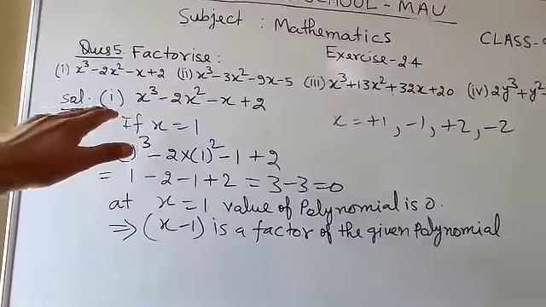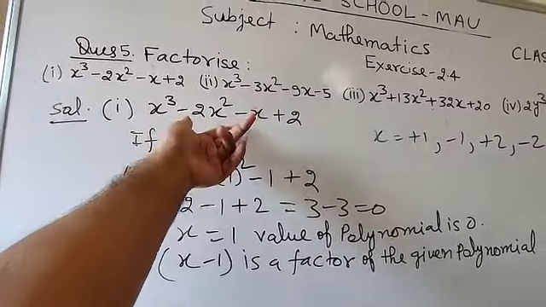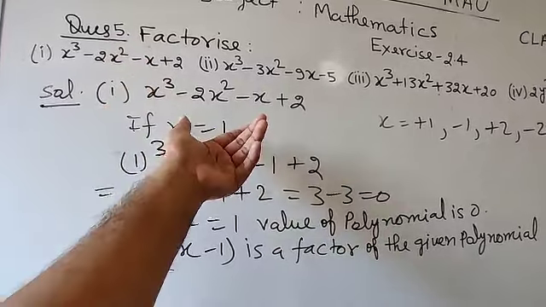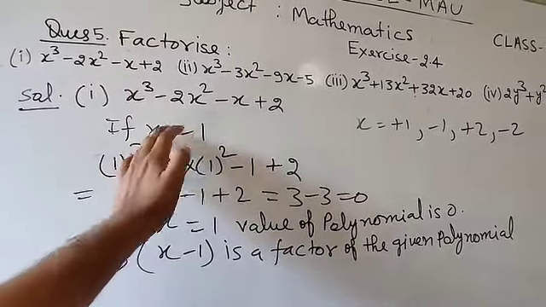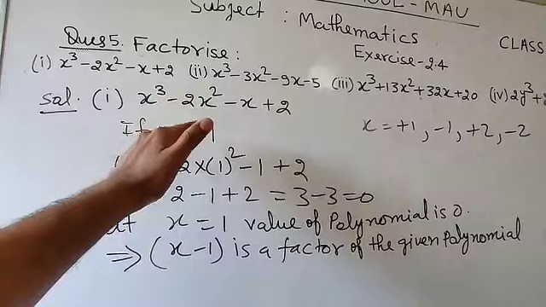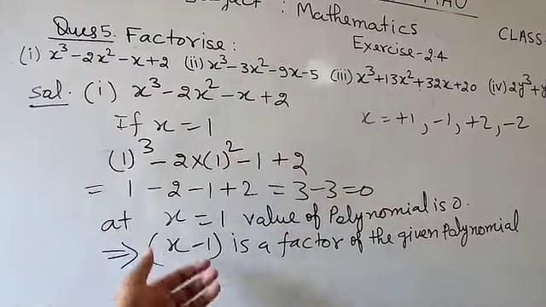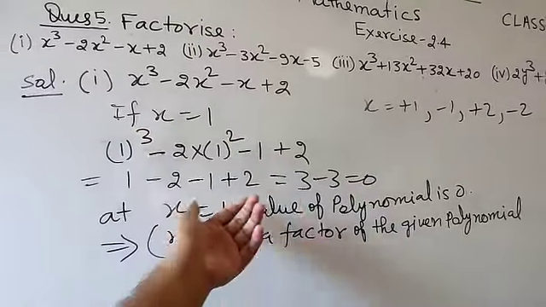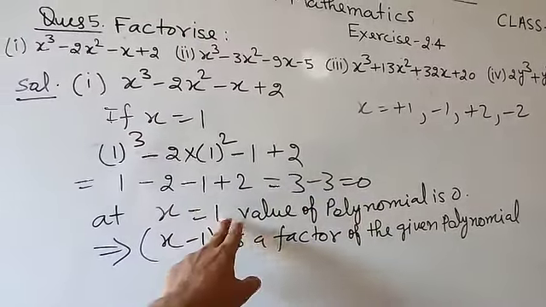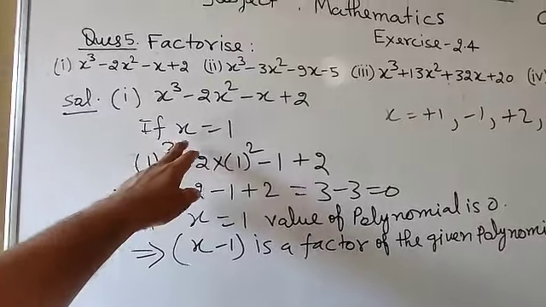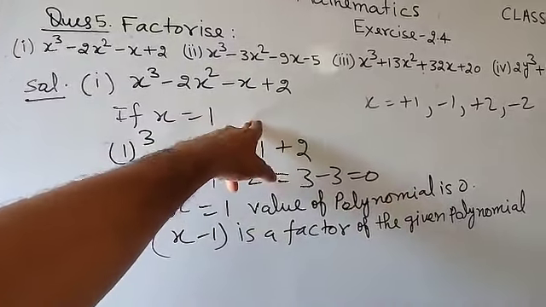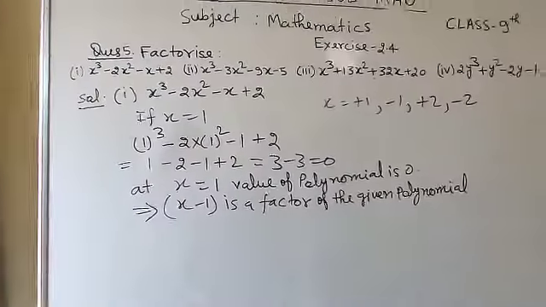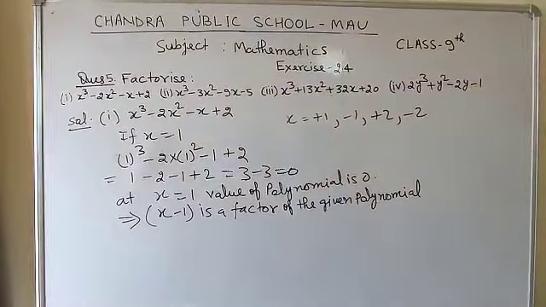In the very beginning I had explained that it is the cubic polynomial, so it will have the 3 factors. So in the steps, first you will put the value of x as plus 1, minus 1, plus 2, minus 2, where you are going to get 0, then you will get one of the factors. So when I put x equal to 1, I get it is equal to 0. So that's why I have written x minus 1 is a factor. Suppose that if you get at x equal to minus 1 it is 0, then x plus 1 will be the factor. So here one of the factors of this polynomial is x minus 1.